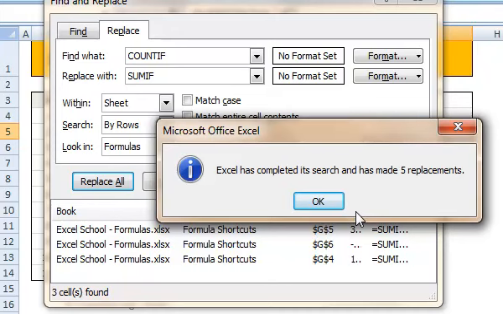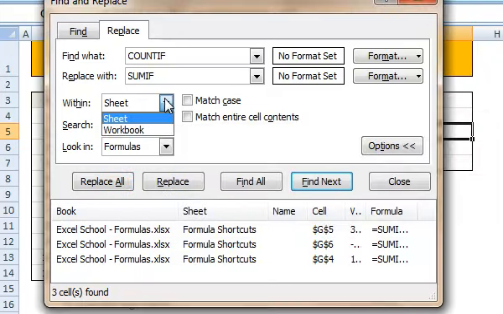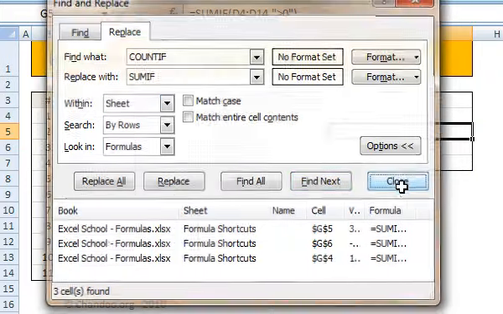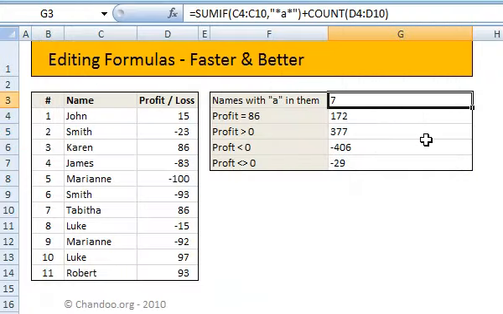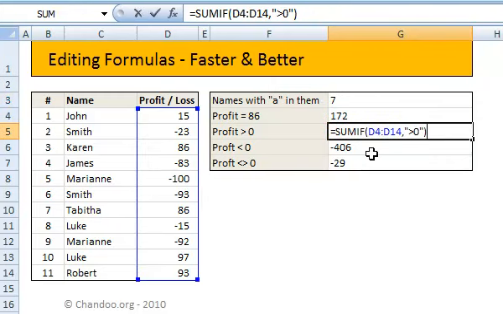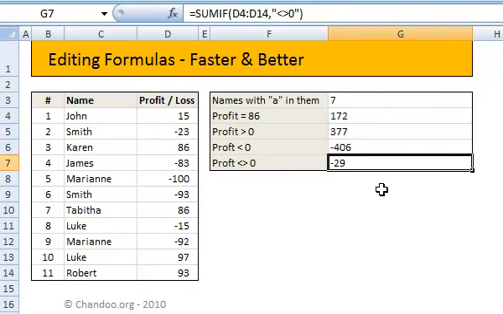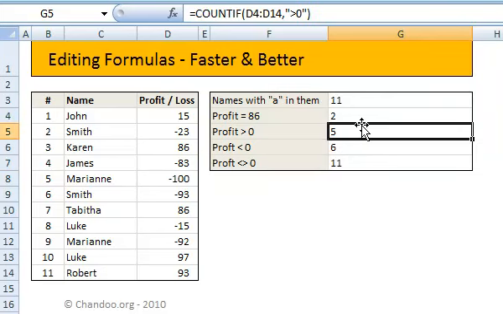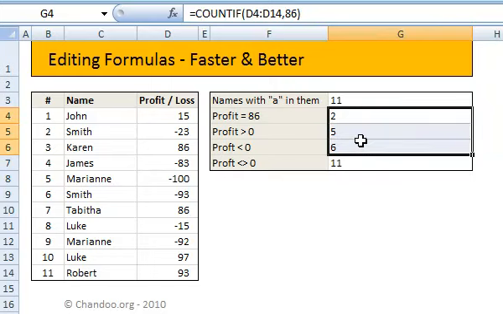I'm sorry, Excel made 5 replacements. I think it just replaced everything. That's fine. So yeah, here it says sum if, and so it replaced for the other ones also. Instead of just doing it in the selection, I think we have to do only the 3 values displayed. Only for that we have to do. So I'm just going to press Ctrl Z once again. Let me show this. Ctrl H,